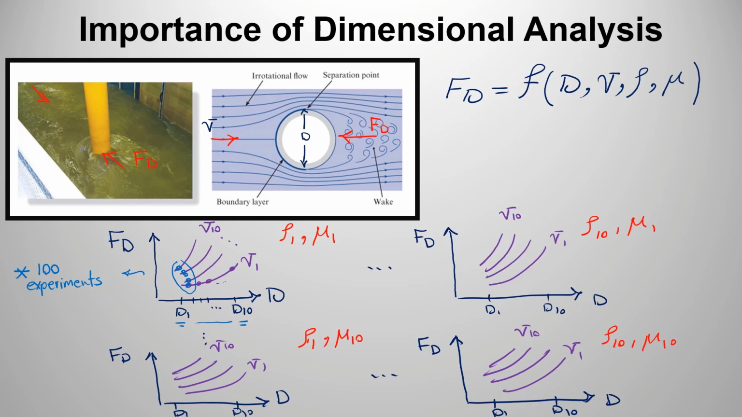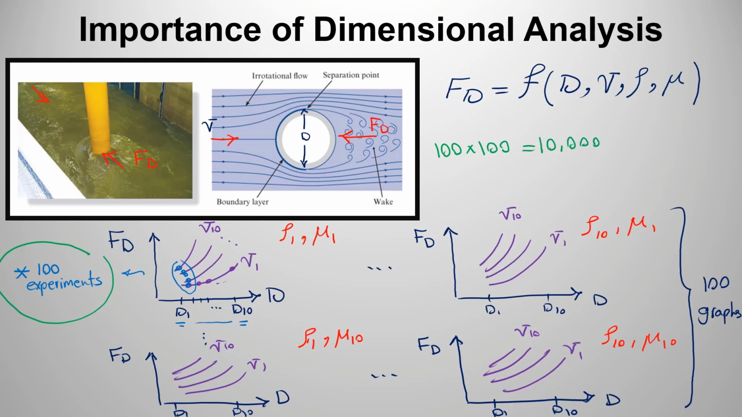And how many graphs in total would it be? It would be 100 graphs, because you have 10 different densities and 10 different viscosities. And each pair of density and viscosity will give you one graph, right? So overall, you will have 100 graphs. And remember that I told you that for each graph, you will do 100 experiments. So you have 100 experiments times 100 graphs. It would be 10,000 experiments,